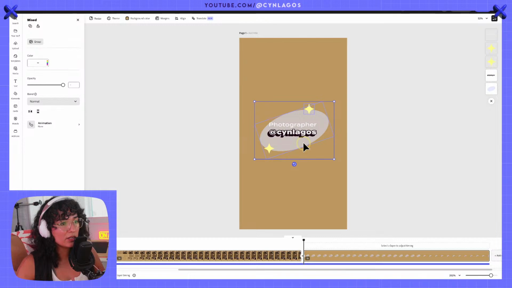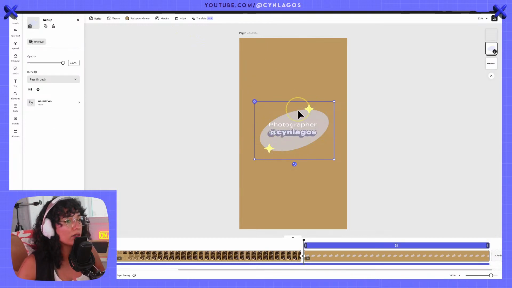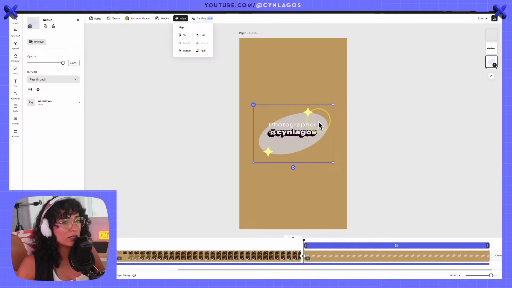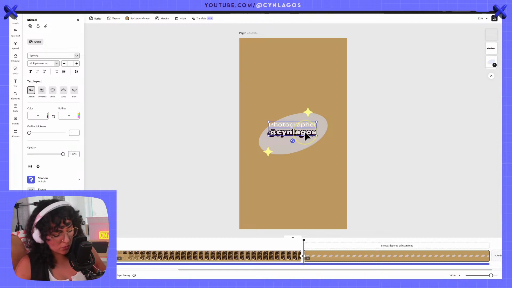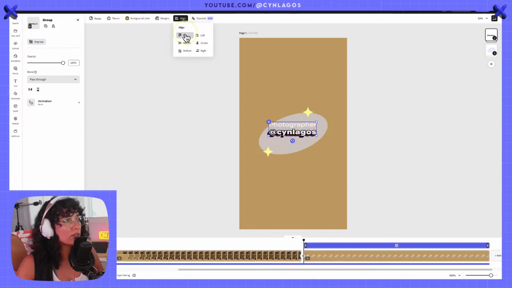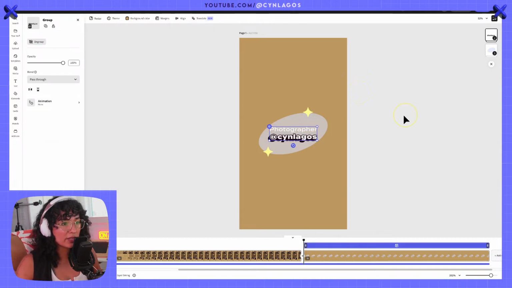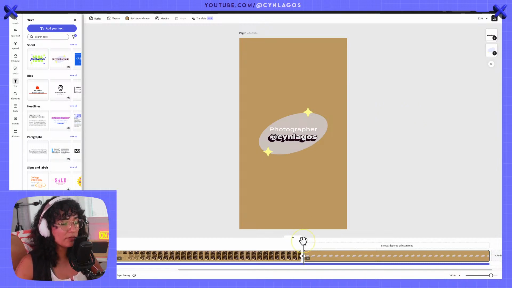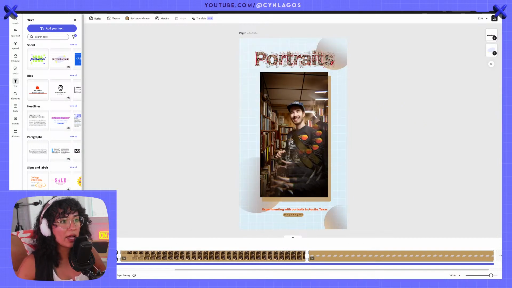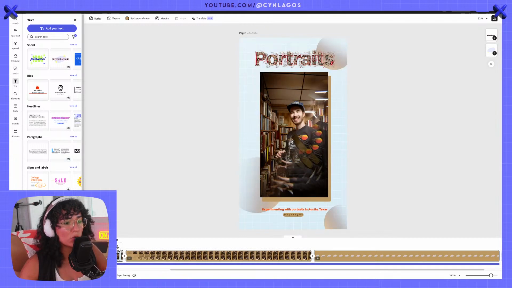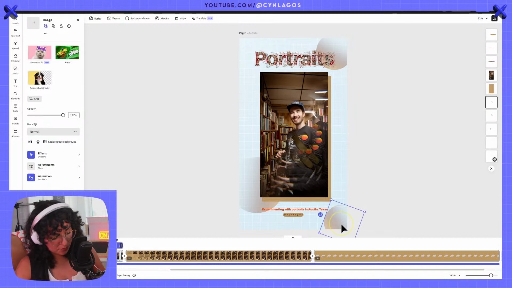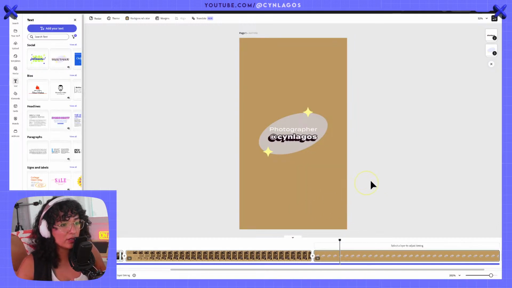Ooh, let's grab this and this, and we can group these and send them to back. And then we're just gonna center them. Centering didn't work so well here. Command G, center this one. It worked just fine, but I think the other items were off. Let's put some other elements here because we want it to feel like a similar vibe. So what other elements could we add? Maybe one more? No, that's fine.